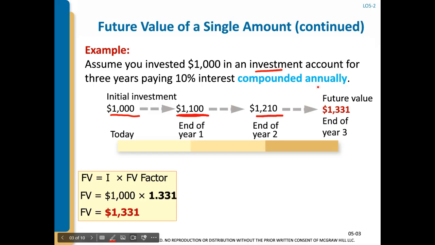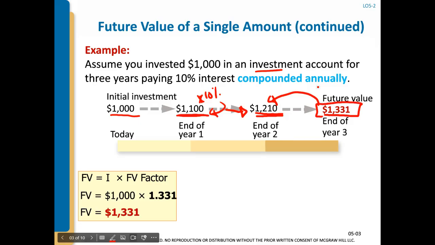At the end of year 2, we would take that full $1,100, which includes the $100 of interest, times 10% and add it to this amount, and we would get $1,210. Then we earn 10% on this $1,210, and we have a future value of